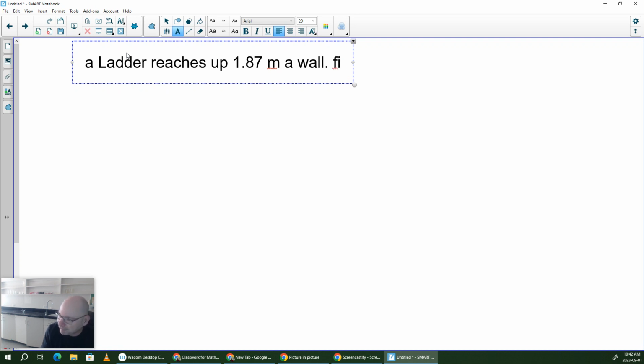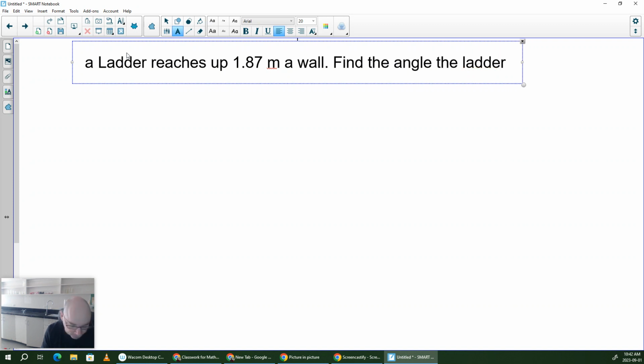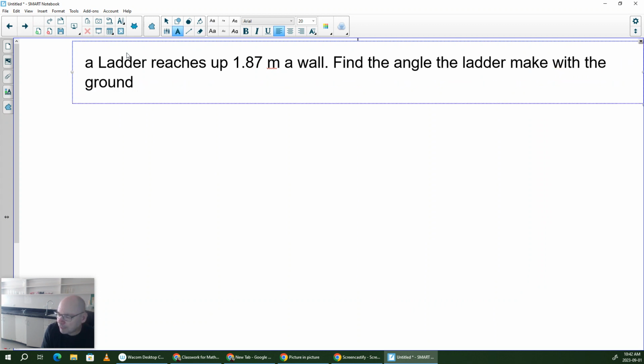Find the angle the ladder makes with the ground if the base of the ladder